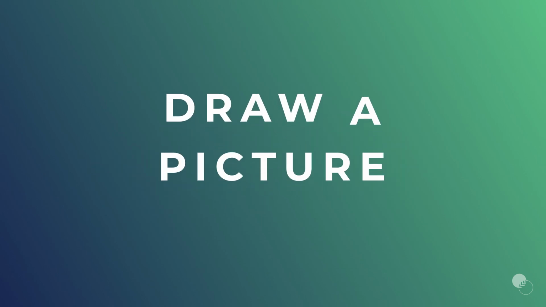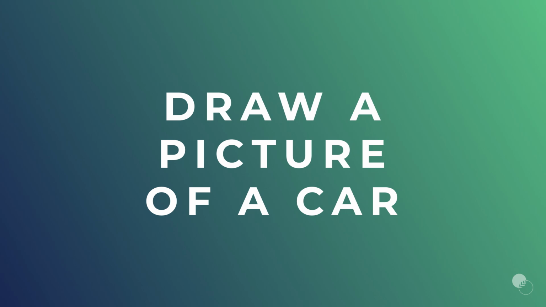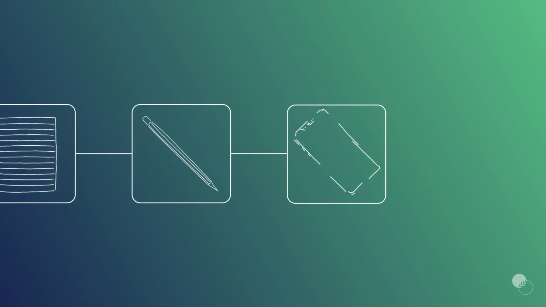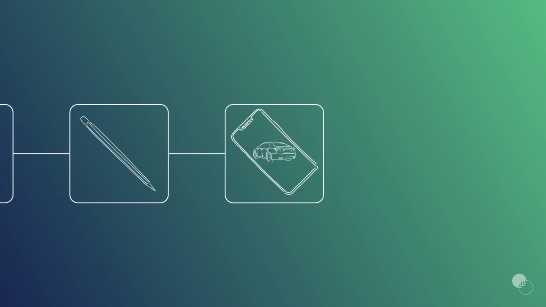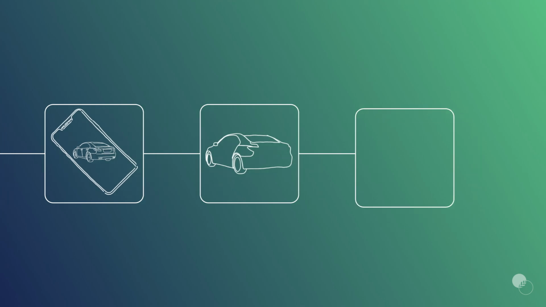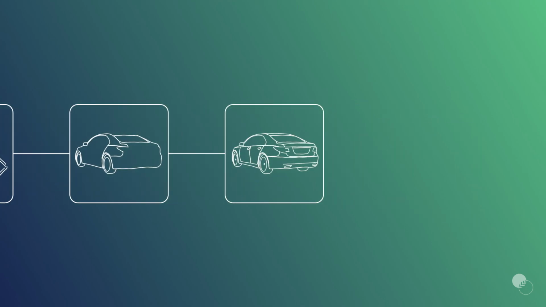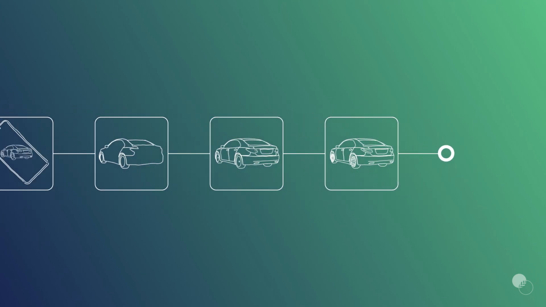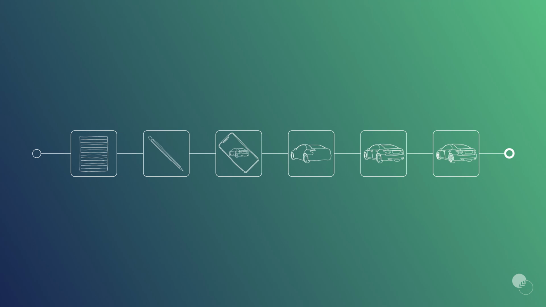So you want to draw a picture of a car. Great, let's begin like all smart people by mapping out a process. We'll get some paper and a pencil. We might look up some pictures of cars on our phone to decide what kind of car we want to draw. Then using that car as a reference, we'll draw in rough outlines and shapes to establish the correct proportions and scale. And then we'll begin to progressively add in detail. Until bam, we have a drawing of a car. This sounds like a process that will work.